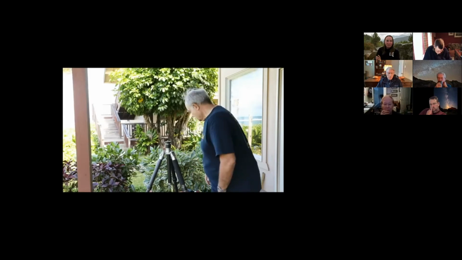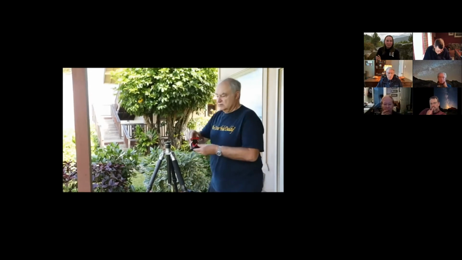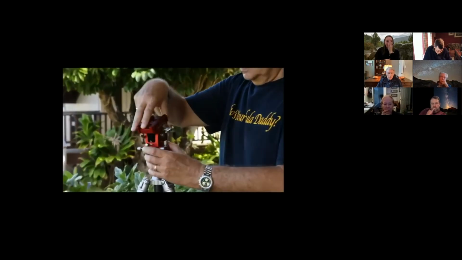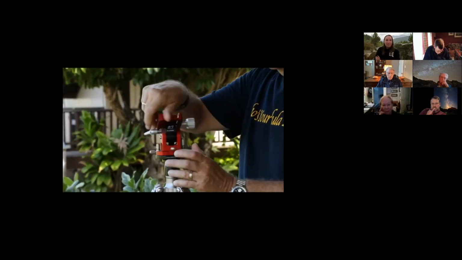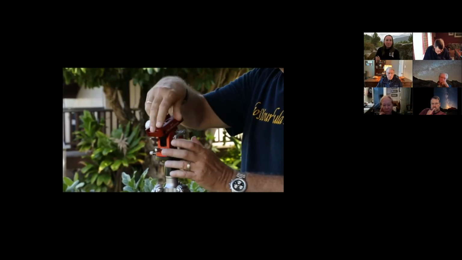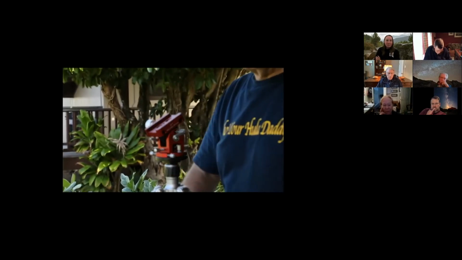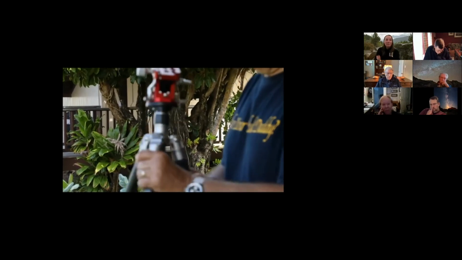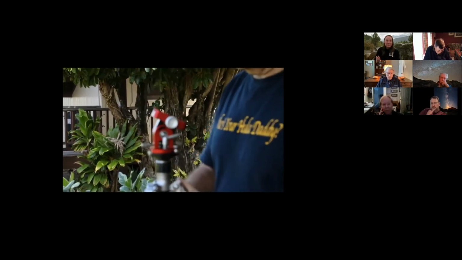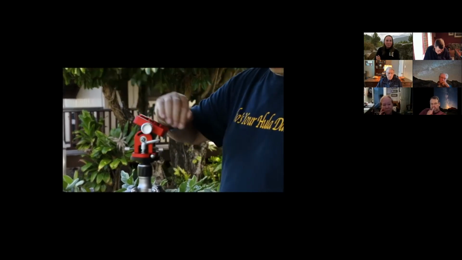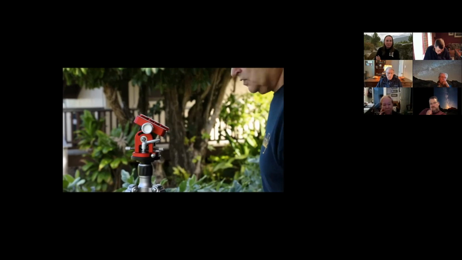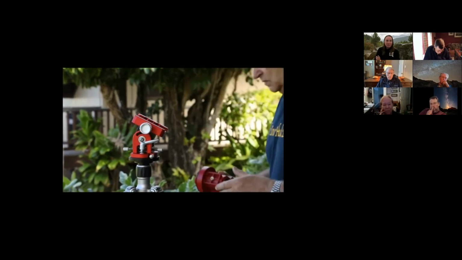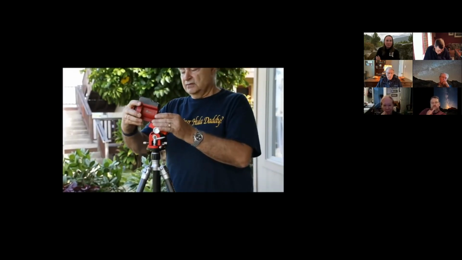So the first thing I'm going to do is mount the base. On the base there's a little bubble level, and you just have to adjust your tripod legs to get this all level. And you want to point this in the direction of, let's say right here, the North Star for the polar alignment. Now the next thing I'm going to do is mount the star tracker,